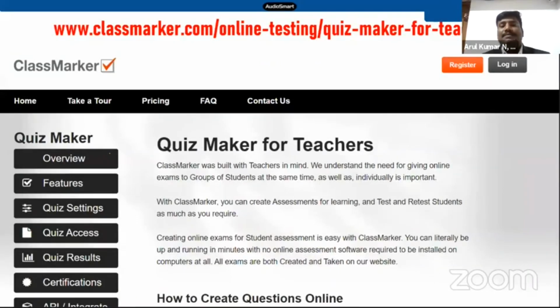The reason is they will create a unique login for all the students. This is a free website where you can assign a timer for each question. If you take Google Forms, there is no option to have a timer for each question. For example, if I have 20 questions, I can assign 1 minute for each question, so the student has to complete the test within 20 minutes. But in Google Forms, there is an option only for the timing to start and stop. But here they have a different option.